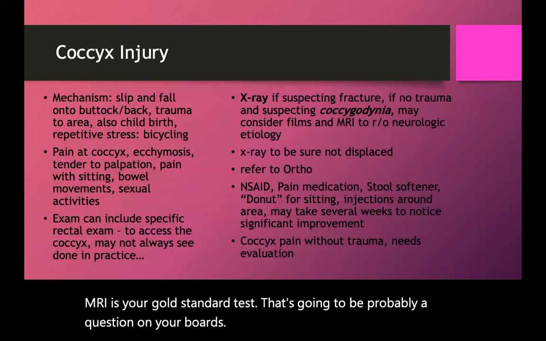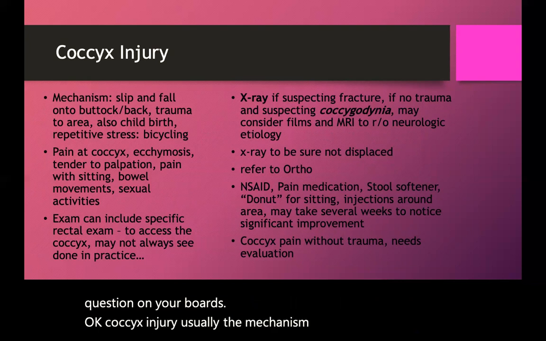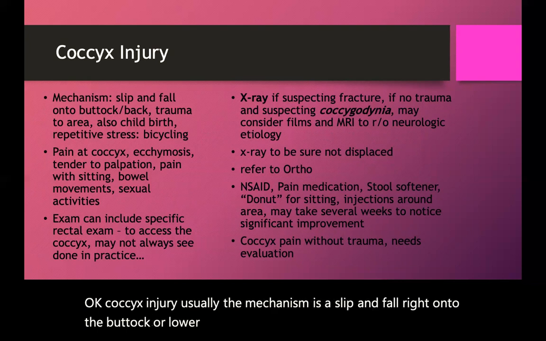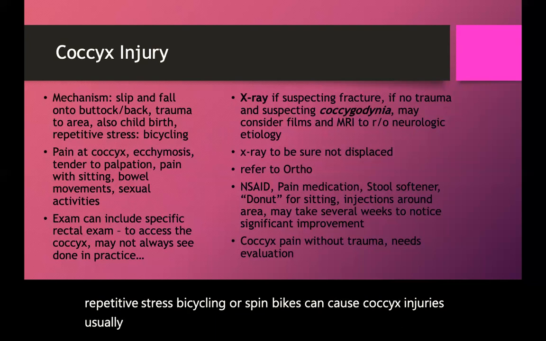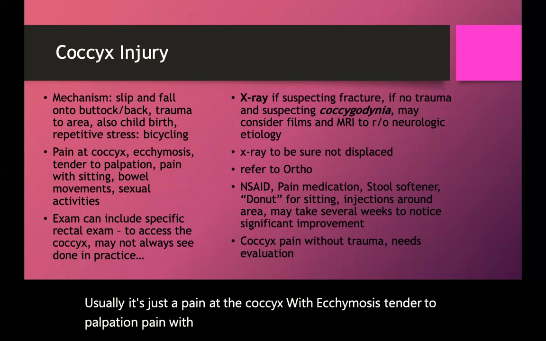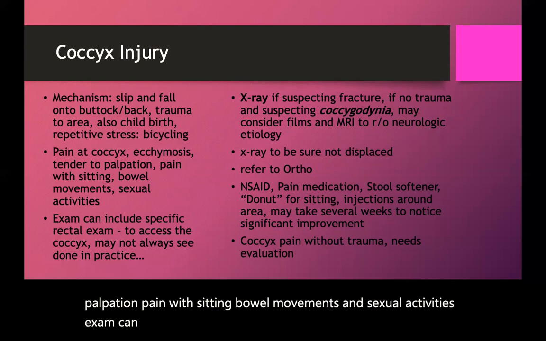Okay, coccyx injury, usually the mechanism is a slip and fall right onto the buttock or lower back. Trauma to the area, also childbirth and repetitive stress like bicycling or spin bikes can cause coccyx injuries. Usually it's just a pain at the coccyx with ecchymosis, tender to palpation, pain with sitting, bowel movements, and sexual activities. Exam can include specific rectal exam to assess the coccyx, but you may not always see this done in